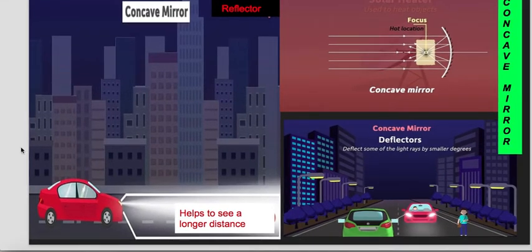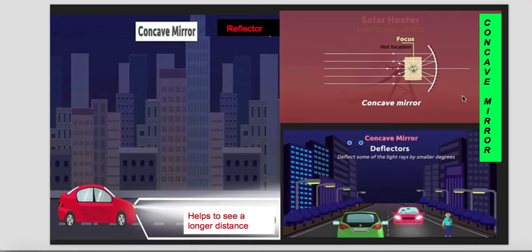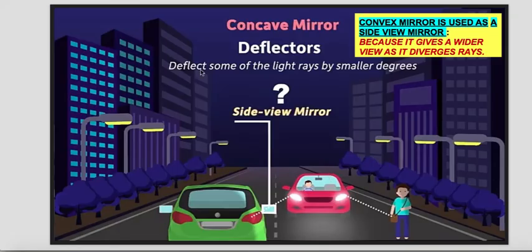Okay, and to cover the sideways also a little bit, we use deflectors along with the concave mirror. So this all is the application of a concave mirror. Students, very very important, you need to know the reasoning. As I'm explaining to you all, you need to prepare the same from the book as well. Now let us move to the next.